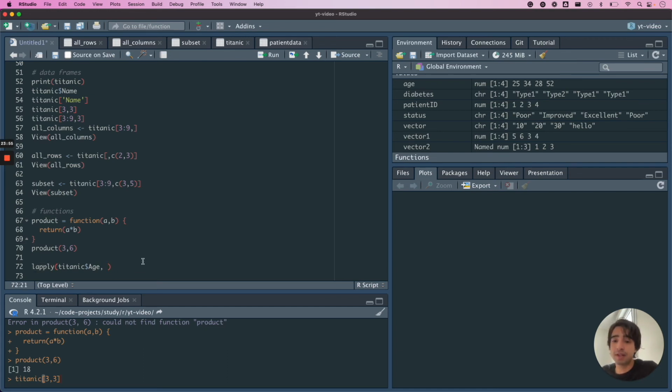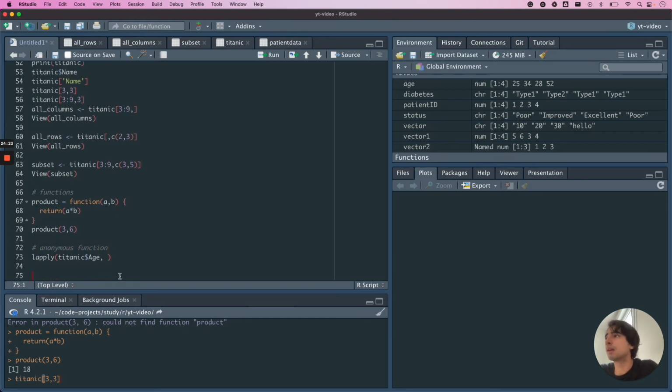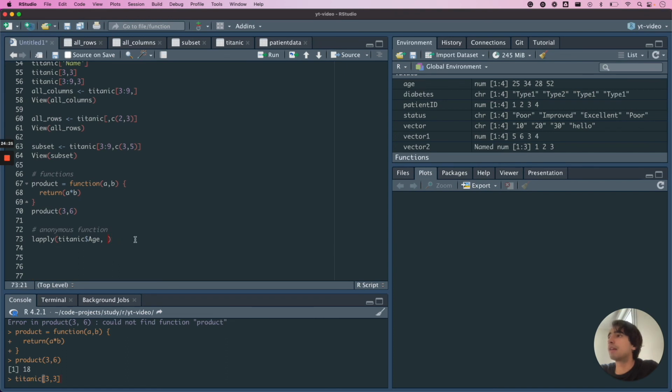So age right here, and let's say that we want to multiply age by 2. You can create a function that takes one argument and returns that argument times 2, or you can use an anonymous function. I'm going to write this one here, anonymous function. So you have Titanic age,